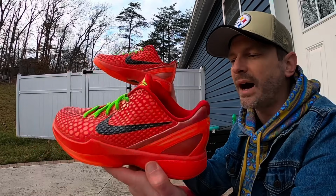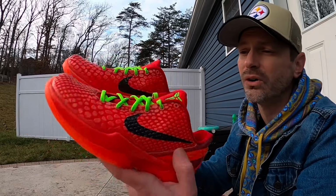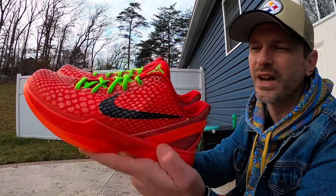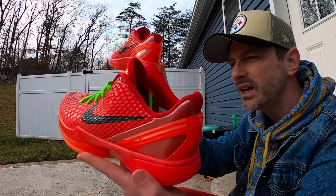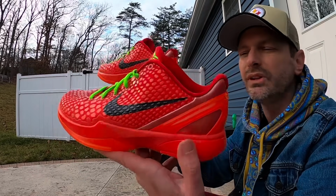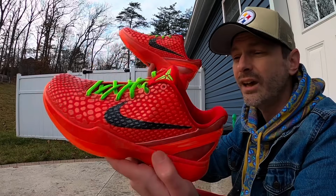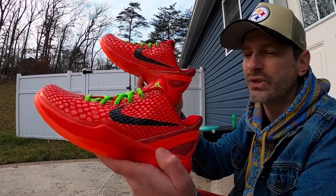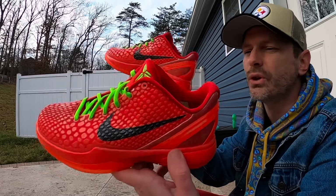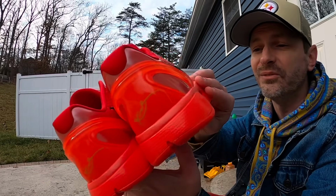There is just something about this silhouette. The Kobe 6 has always been my favorite of his signature models, and I don't know if it's just all these overlays that give it such a cool texture. I don't know if it's the color combinations that they use or what, or even just the way that they feel in hand. It really feels like something from space whenever you hold these, just because they are so light, and you can tell that it's all just a nice foam that is going to mold to your feet very nicely. There's just something so iconic about the 6s,